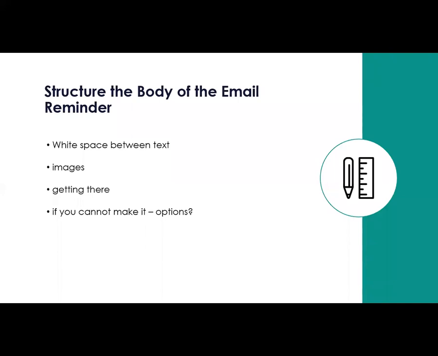And then, as well, things to consider like if it's an in-person event or an online event, you want to know how they're going to get there. So there are even things that you can include to make that easier, like embedding a link to the map, or embedding other directions, or taking them to other apps that make it easier to figure out how they're going to get there. Including all that in the email makes it a lot more likely that people are going to register if they don't have to go to any other source to figure things out.